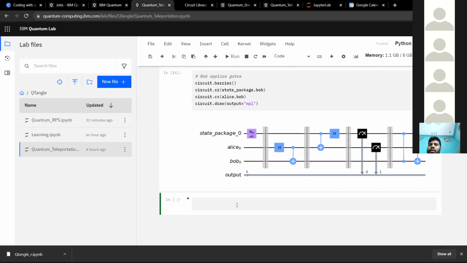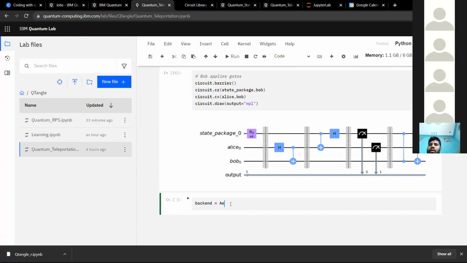So Aer simulator is a classical simulator, and it allows us to get the state vector. I'm going to show you how to get the Aer simulator. It's similar, not much different. The idea is the same: you have a backend, you give a job to the backend, and then you get the state result out. So I'm going to have backend